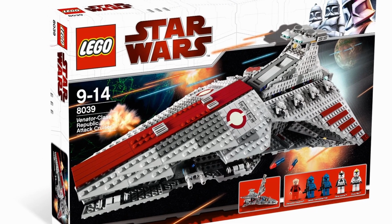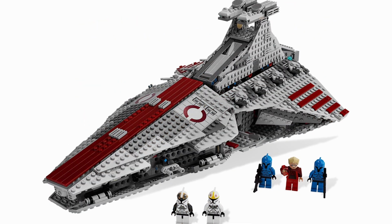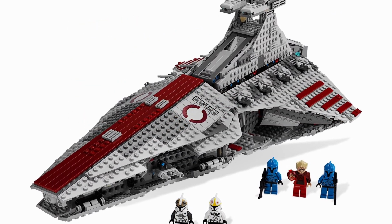Next up on the list here, we have 2009. This was a really amazing year for LEGO Star Wars. Again, heavily Clone Wars based, but let's get into it. Now, for the first set of 2009, we have the Venator class Republic Attack Cruiser. Now, this one is definitely the most memorable. Maybe not for the best reasons, but